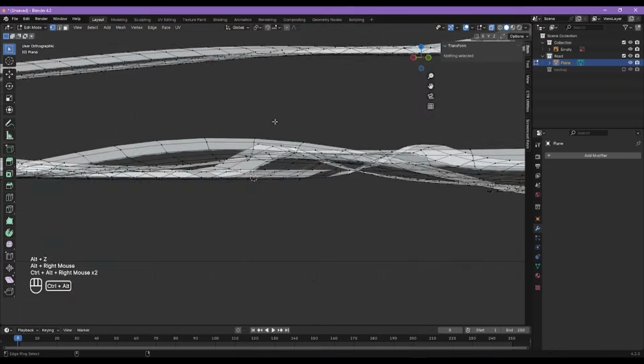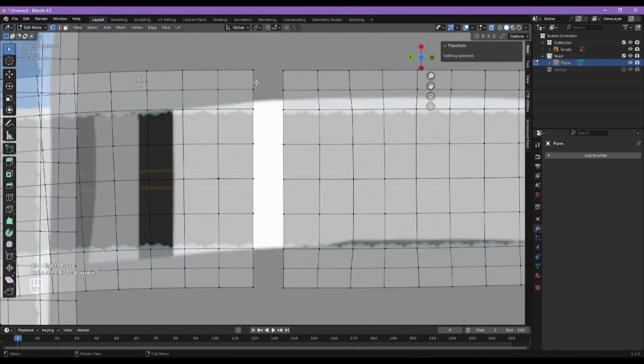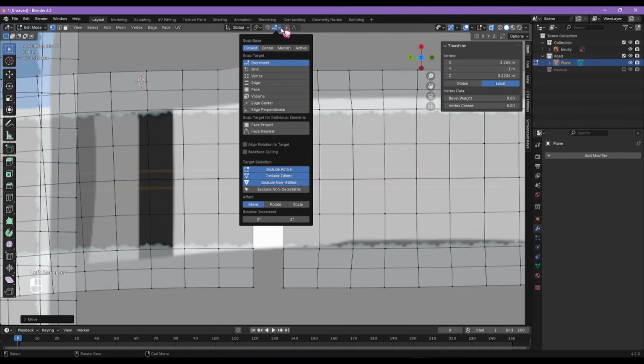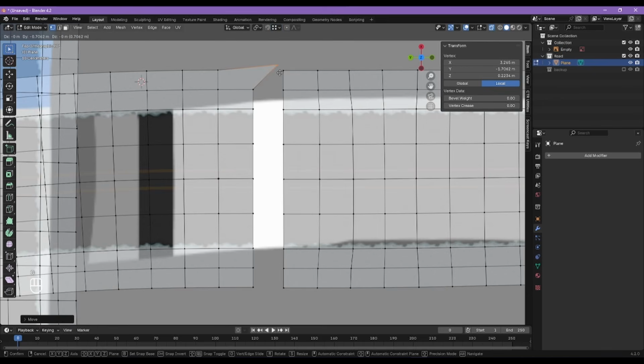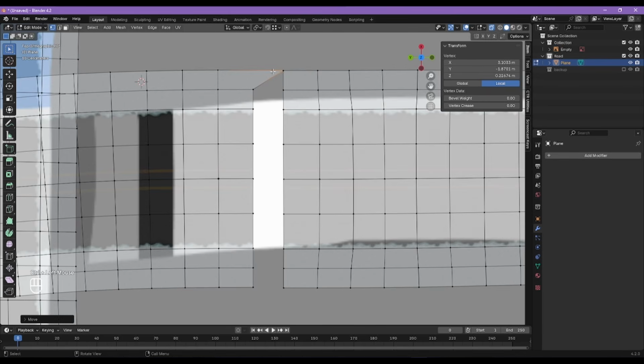What you can do is select your edge with G, your vert with G. Make sure that you have your snapping set to vertex, which means when you hold Control, it will snap your selection to any vertex that you're hovering over. So we can do that with all of these,